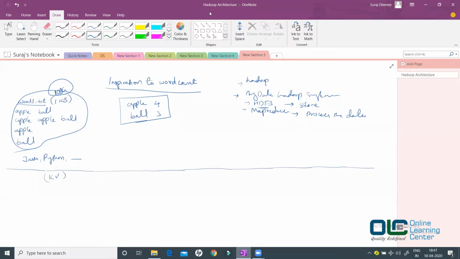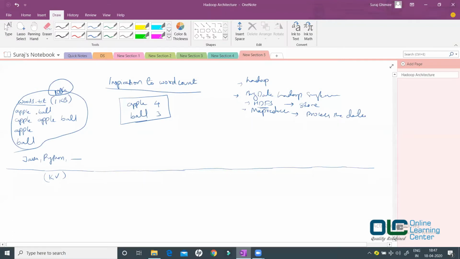I've told you that everything that happens within the MapReduce framework is in the form of key and value, where key would be something and value would be something. Any problem you talk about in MapReduce internally works in the form of key and value pairs.